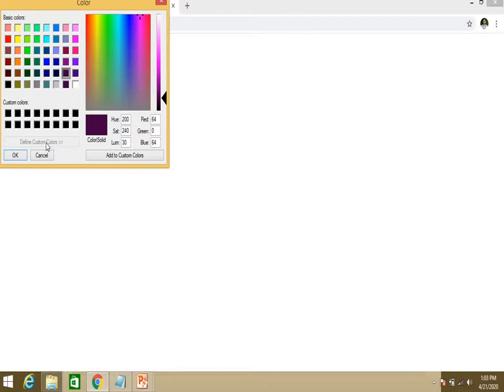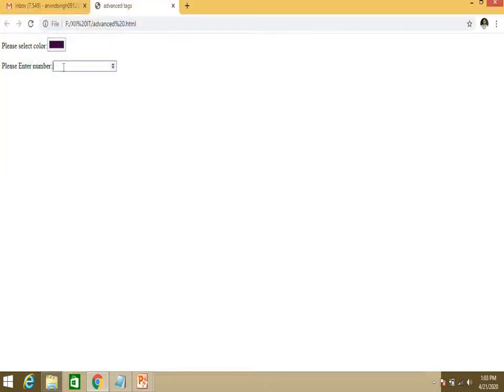So this is the color chooser. Then this is, see, if you enter text into this, it will not accept it, only it will accept a number.